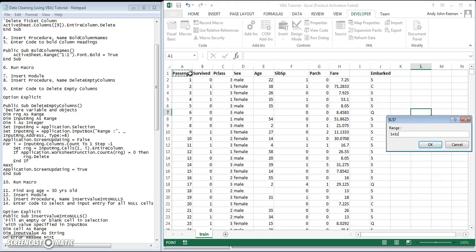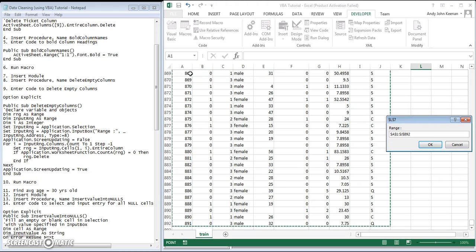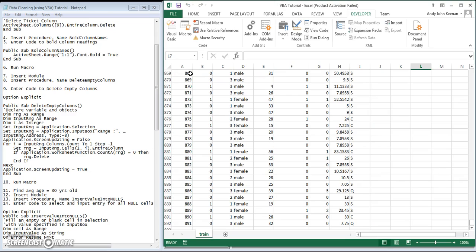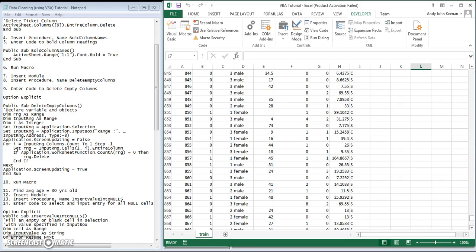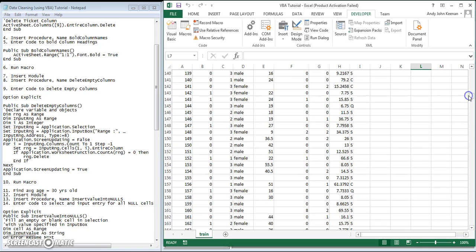You do Control-Shift down and across, and you press Enter, and it'll condense all the columns yet again, which is a very convenient code to have, especially for businesses and